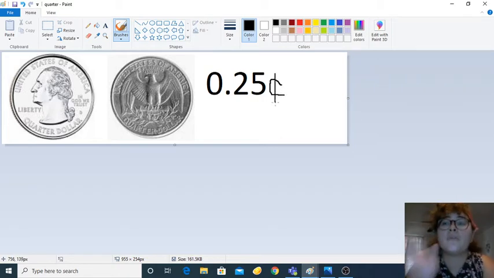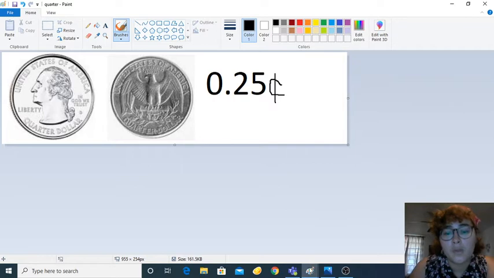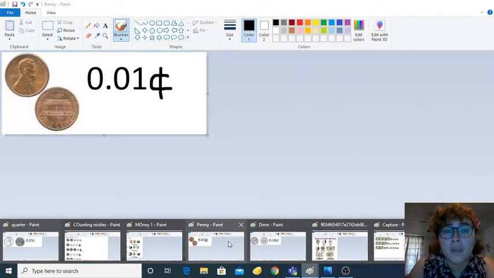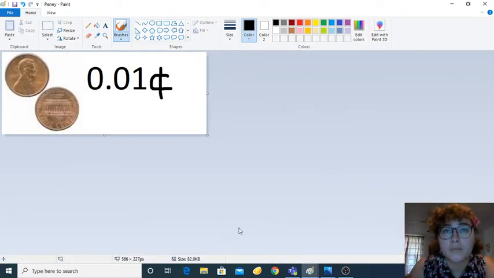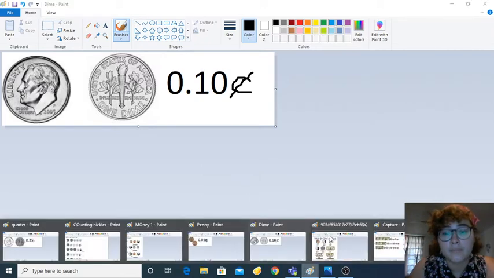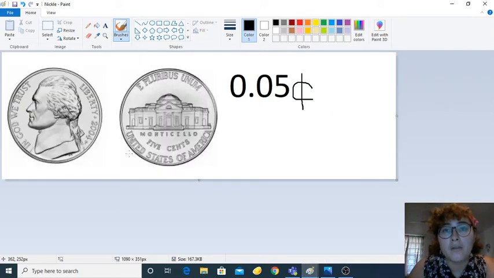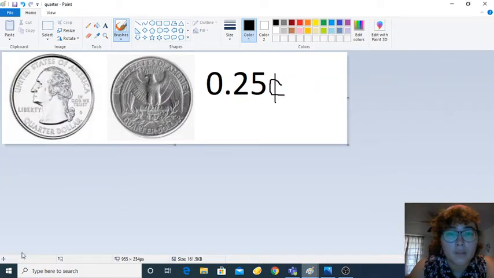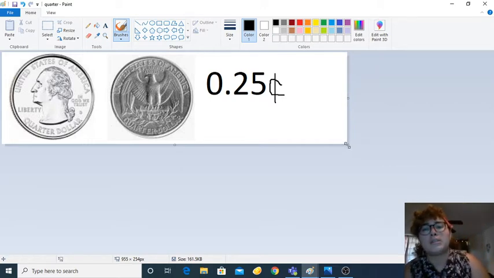Okay, so those are our coin amounts. We have our penny for 1 cent, our dime, which was 10 cents, our nickel for 5, and our quarters for 25. And I'm going to add this in here just so you guys can have a reminder,